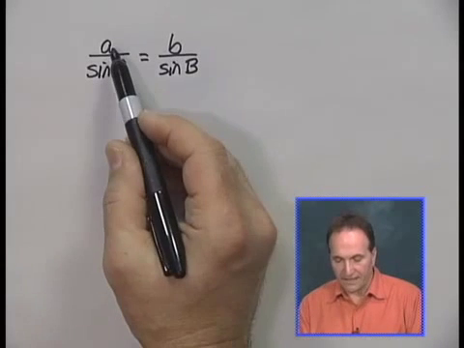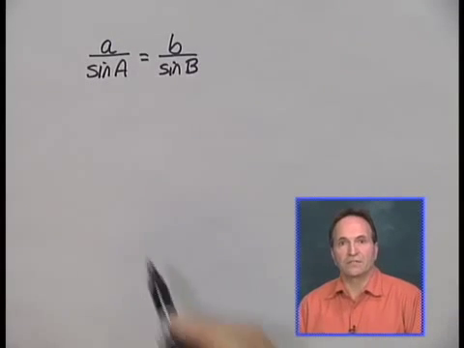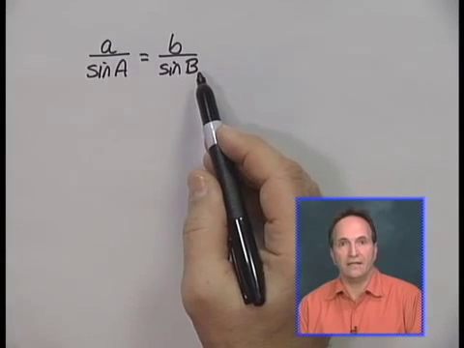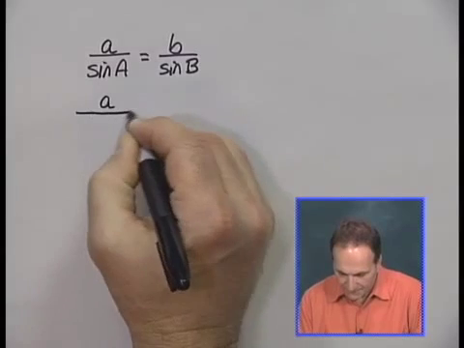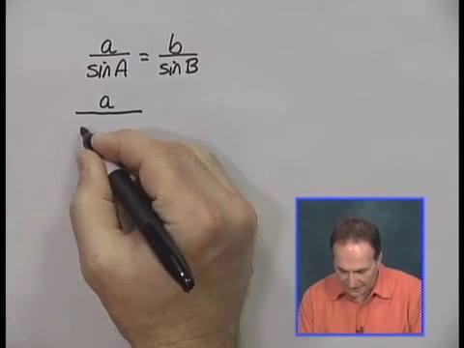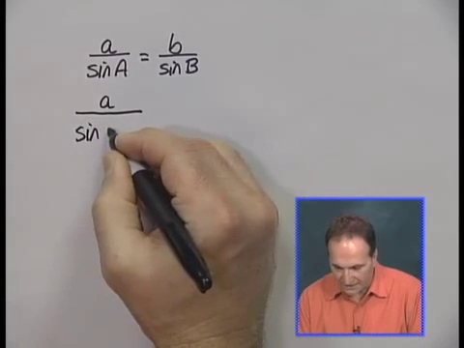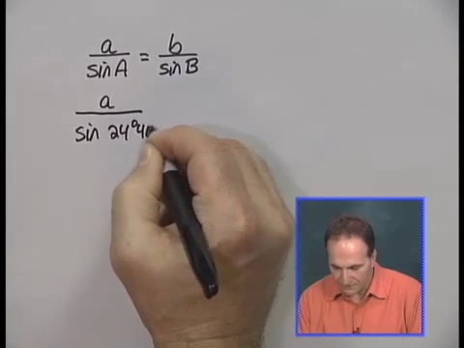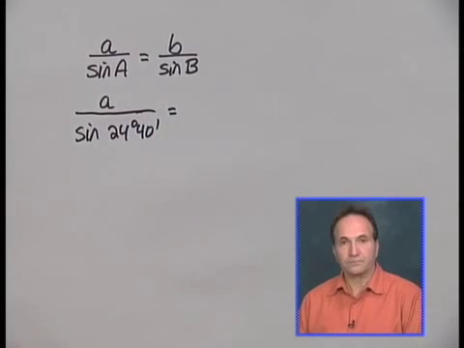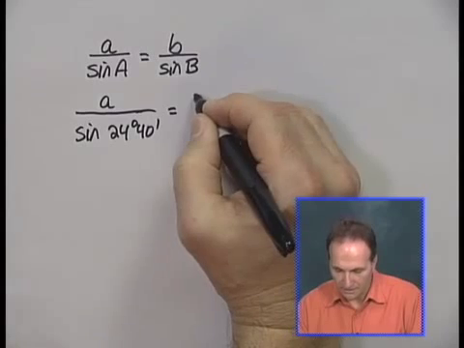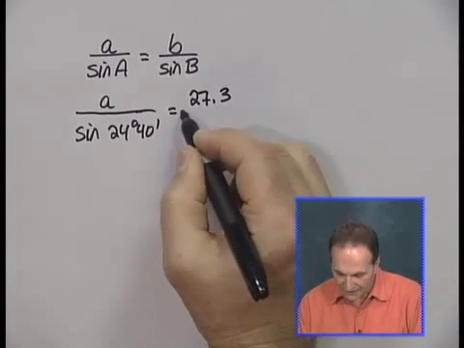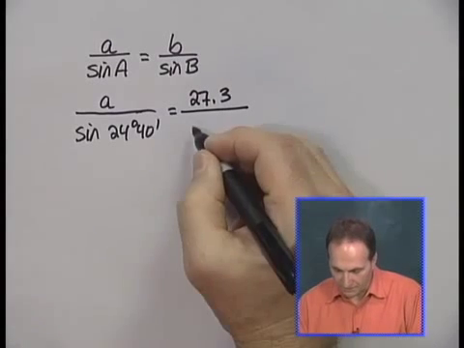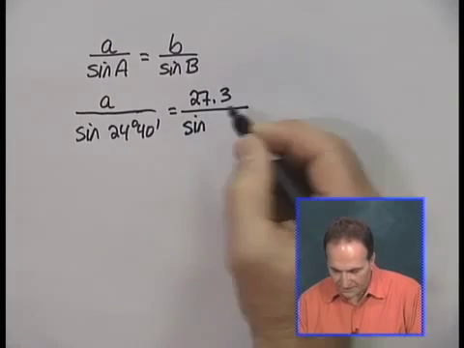We're attempting to find A, and so now we substitute in the angle A, the angle B, and side B. So we have A divided by the sine of 24 degrees 40 minutes. Side B, recall, is 27.3 divided by the sine of angle B, so the sine of